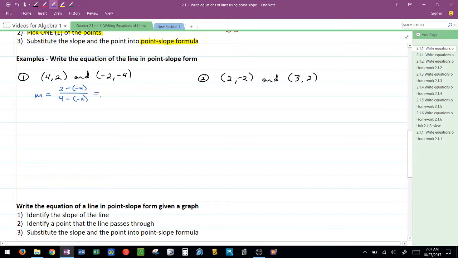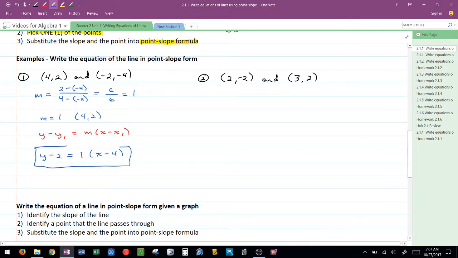All right, 2 plus 4 is 6. 4 plus 2 is 6, so I know I have a slope of 1. I have to identify a point that I want to use. So I've got the slope is 1. I'm going to use the first point, 4, 2. I take the point slope formula, y minus y1 equals m times x minus x1, and I substitute those values into the formula. Y minus 2 equals 1 times x minus 4, and I now have an equation in point slope